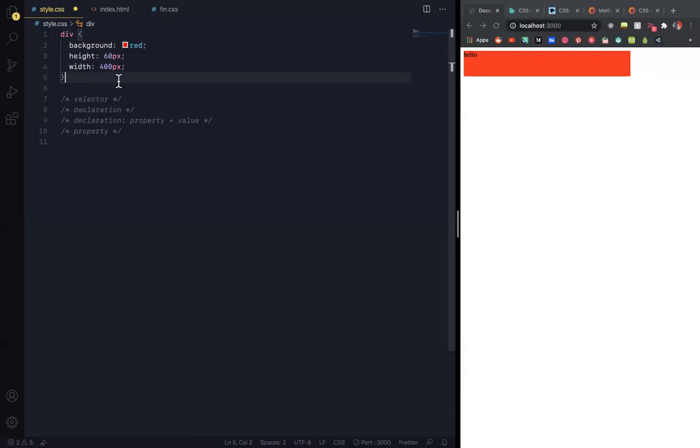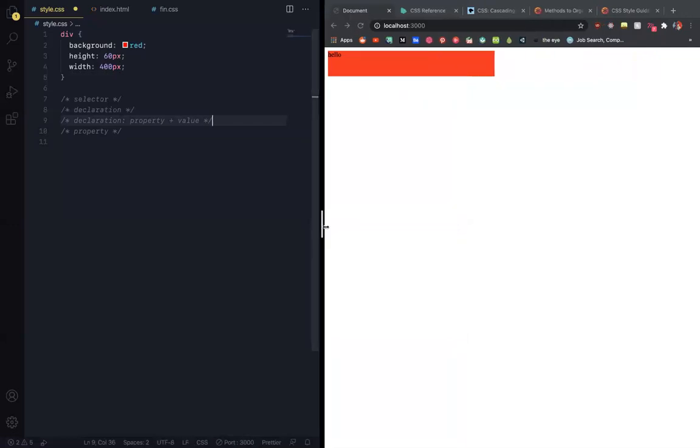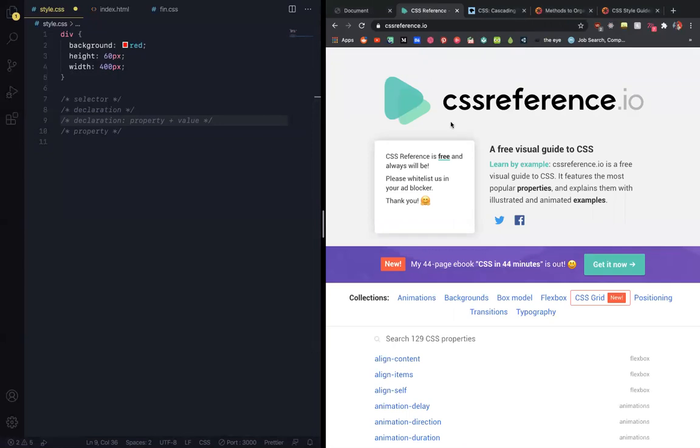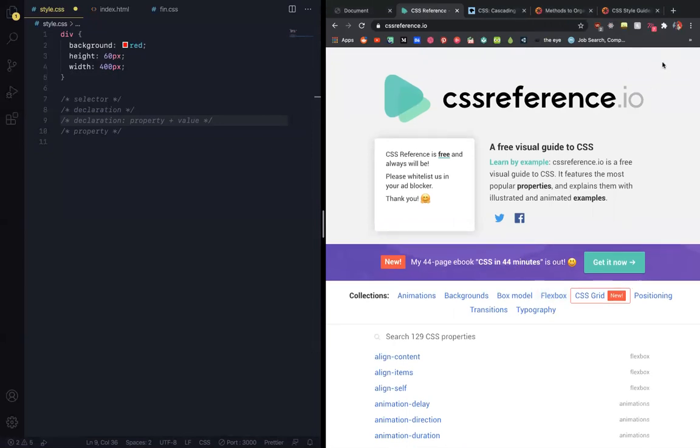So before we dive into shaping websites using these building blocks, I just want to talk to you about what properties we have, what values we have, and what selectors we have. Just a rundown of the toolbox that we have. And for that, even though I'm not going to pull it up and talk to you about it here, I want to guide you all to this website called cssreference.io,